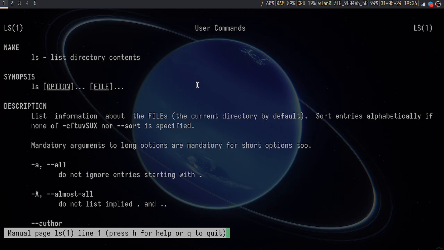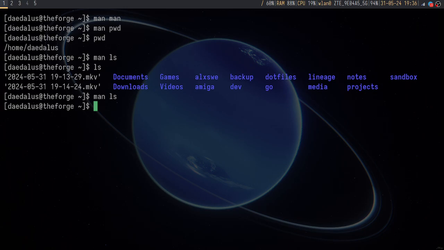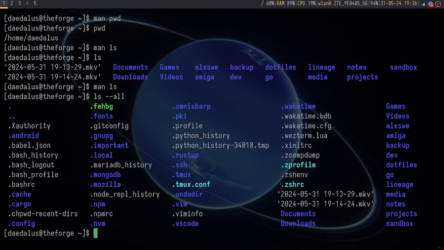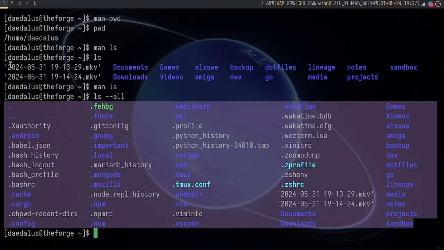Okay, so right off the bat you can see here -a or --all, and the description says do not ignore entries starting with a dot. That's odd, by saying all. So let's run this command here. I'll press Q to exit my man page, and then we'll do ls -a, or ls --all, like this. Okay, so when I hit enter, look at this, I'm getting more output here compared to